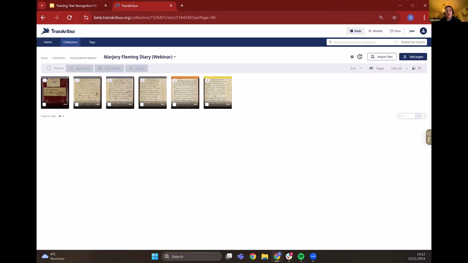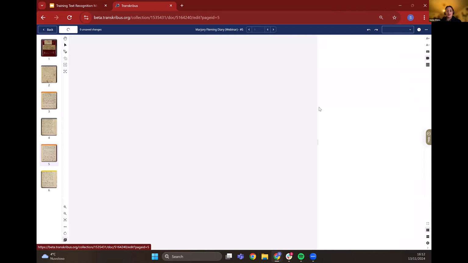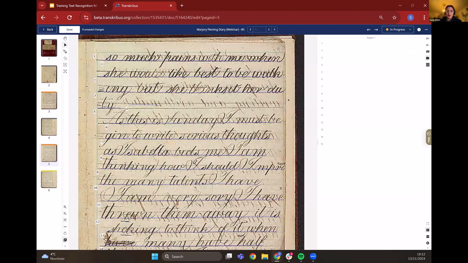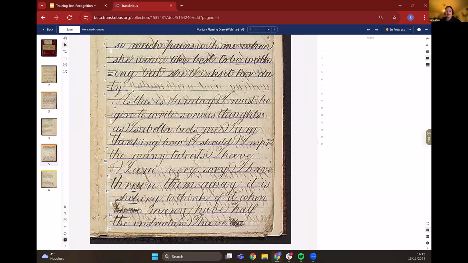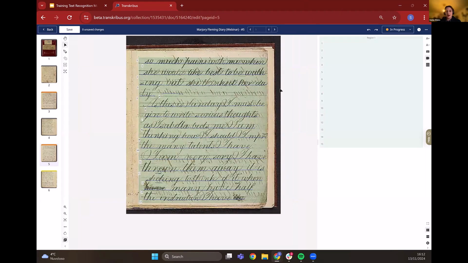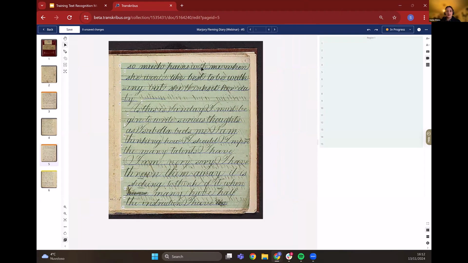Could take a moment. We will just have a look at an example that we already prepared. This is the result you should get afterwards. And you have the text region, and then you have the lines, baselines in the editor. And you can see in the upper left corner here, you can use the selection mode. And with that, just click on the lines either on your page or then in the editor, and then just